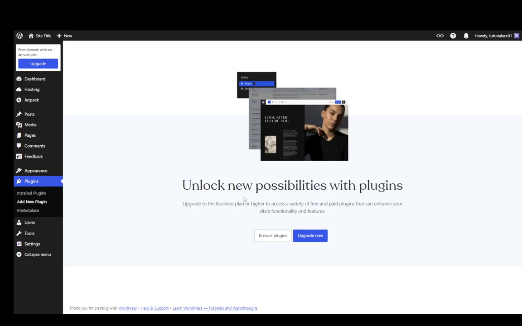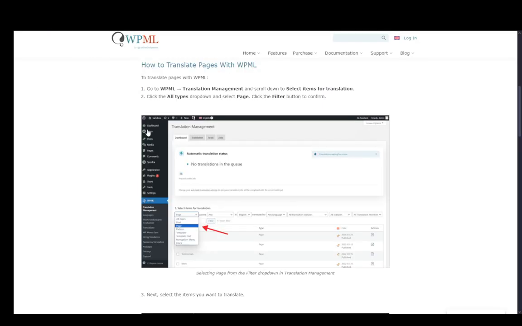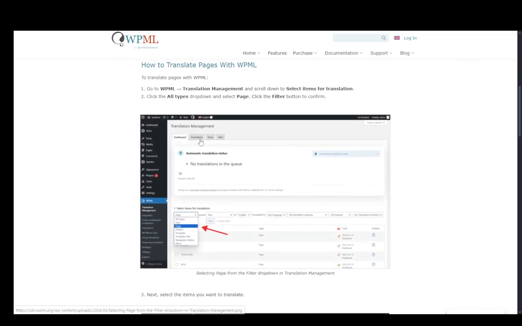Now, as you can see, I can't because I am on the free plan on WordPress, but if you have the business plan or higher, you will be able to install all your plugins with relative ease. Once you just upload the file and install it, then you just have to activate it and then you can start translating. Now I'll be using this site because of course I cannot use plugins,